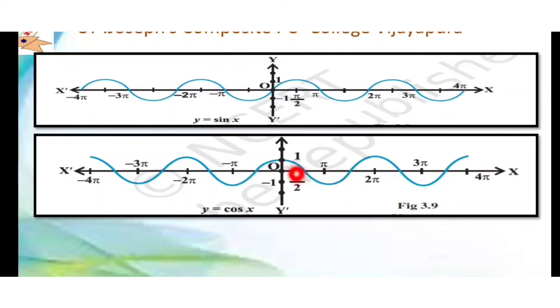And when we have more points and plot the graph, we see that the cos function repeats after 2 pi. Up to here it is in this manner, again it will repeat, here also it repeats. So after 2 pi, the cos function repeats.